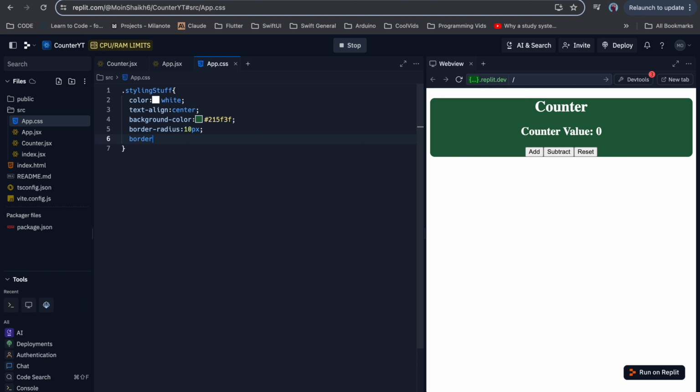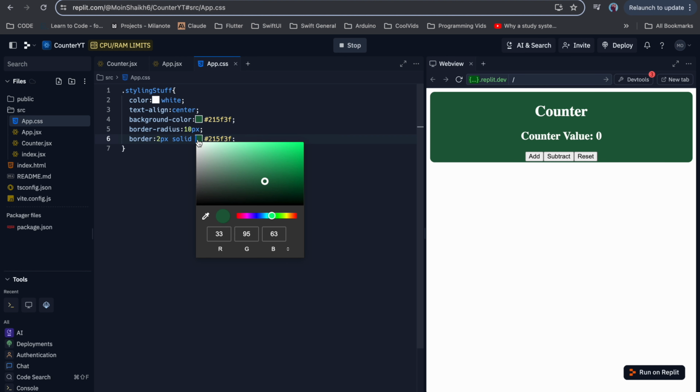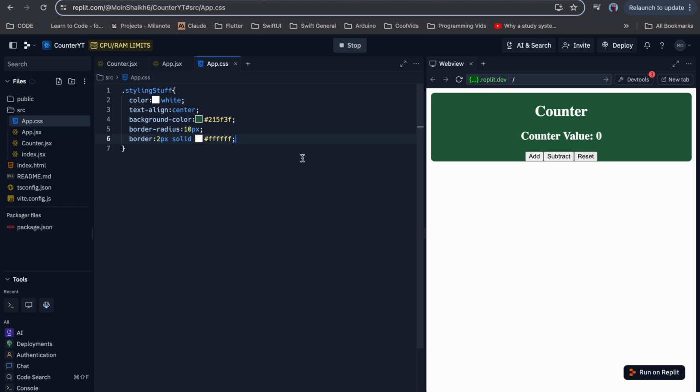We'll add a border of, this is the autocomplete. We can just hit tab and it will autocomplete for us. Well, we can make the border white. Now we can't really see it yet, so to make the background color of the page over